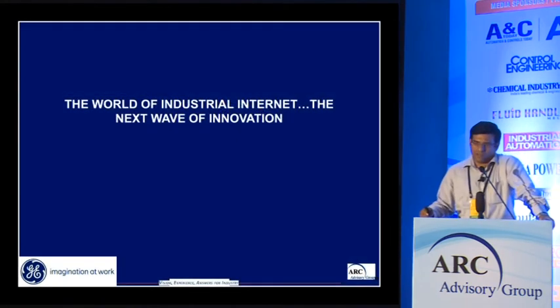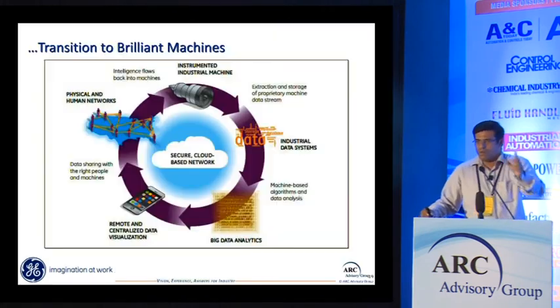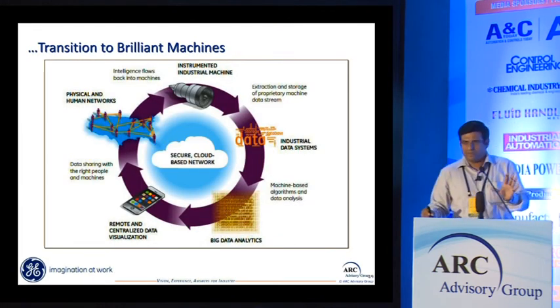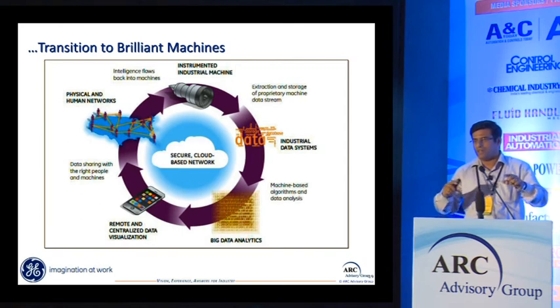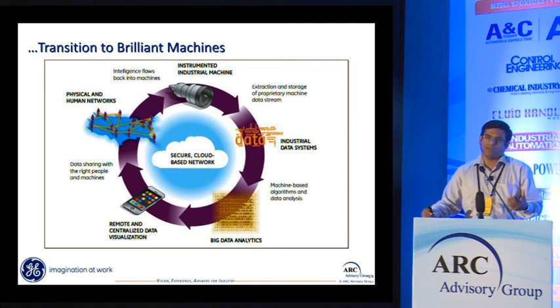This we have talked about a lot, but I can't stop talking about this again. This is the next wave of innovation, industrial internet. Now, whatever I have talked about from a standpoint of predictive, now just think about it if I get into a bigger horizon, where not only I am talking about machines, I am talking about transforming them to brilliant machines. From the standpoint of complete supply chain, standpoint of complete CRM, everything integrated in one cloud where you can predict the world. Certainly industry is going to grow. It is going to add back to the economy. One of the speakers mentioned about trillions of dollars being added to the economy.